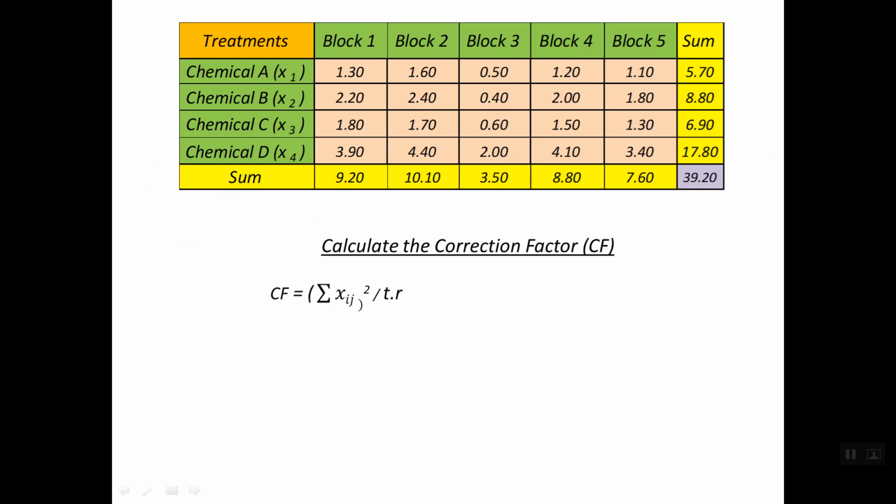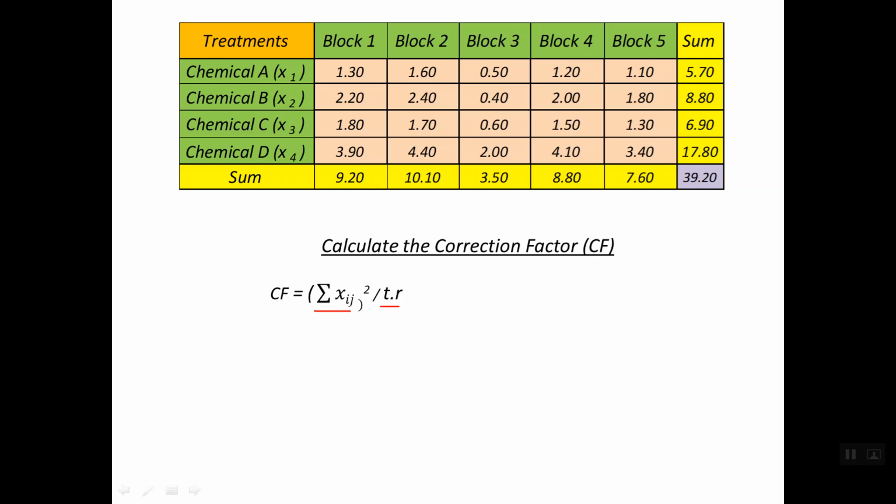The formula of the correction factor: simply, we get the sum of all the observations, we square it and divide it by the number of the experimental units,